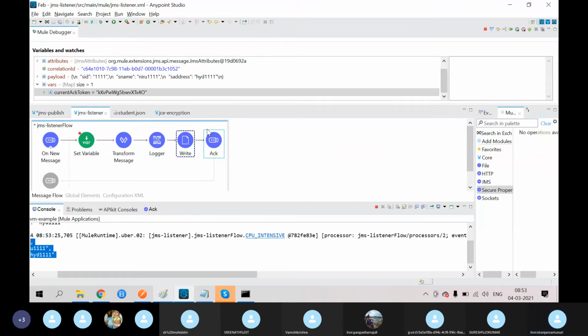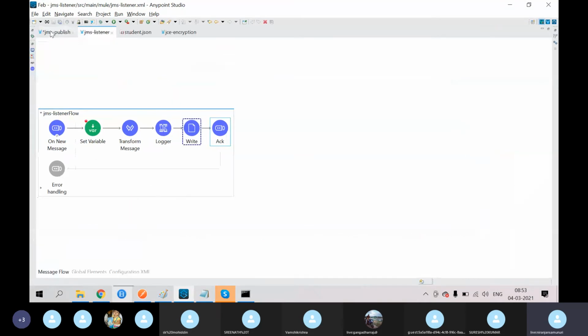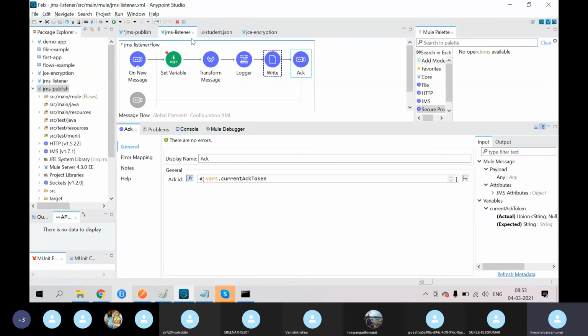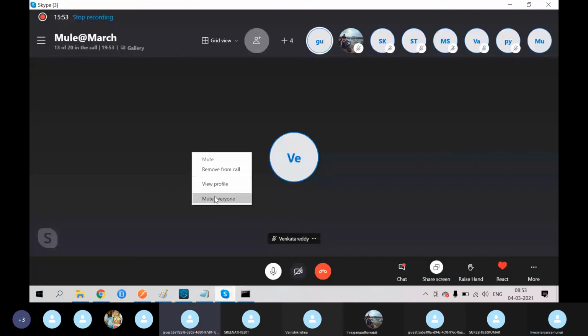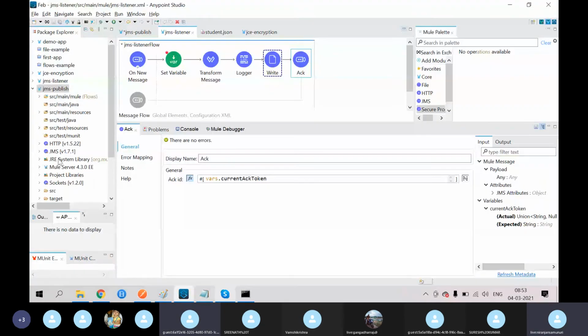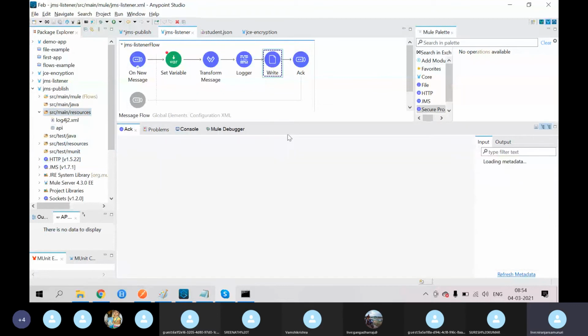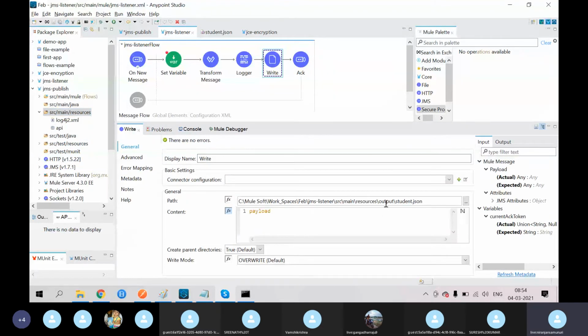And here finally I'm going to write this file. Where am I going to write? Give me one second. I'm going to write my data into the src main resources folder.